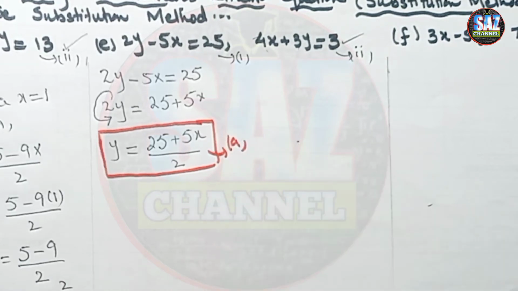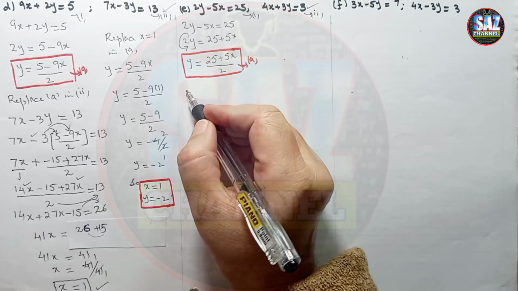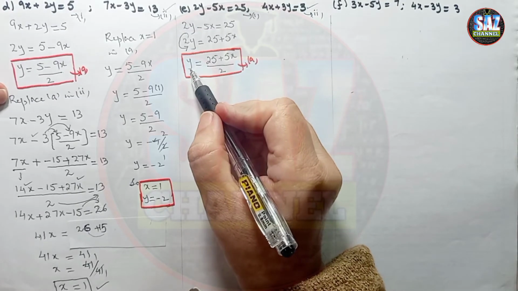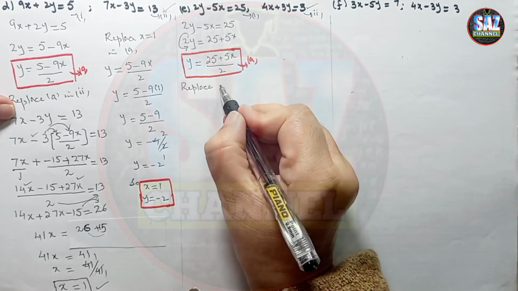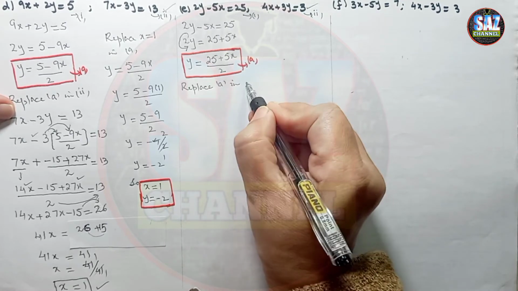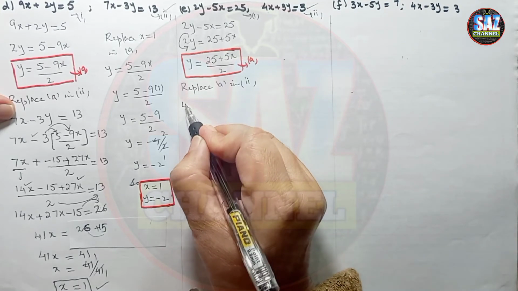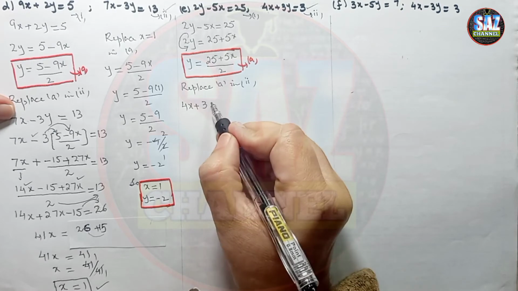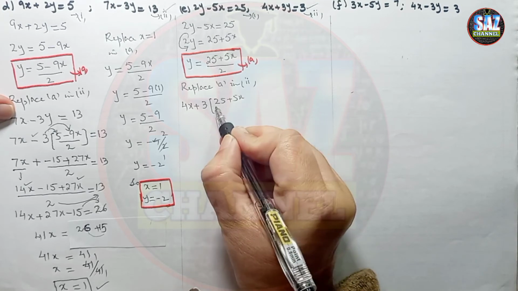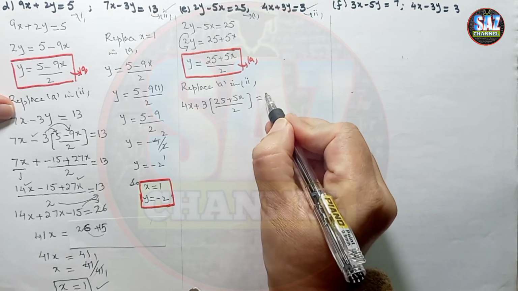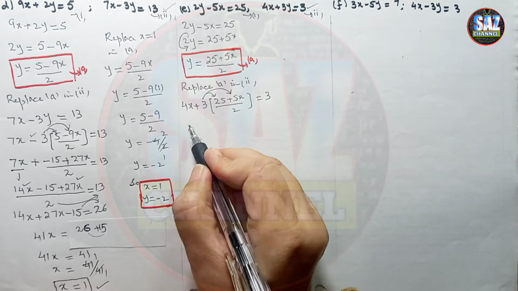Let it be A. Now what I have to do, I have to take the second equation, that is 4x plus 3y equals 3, and replace the value of y over there. So I have to give the information to the examiner that I'm replacing A in equation 2. So equation 2 will take the form 4x plus 3 into y has the value (25 plus 5x) by 2 equals 3. Carefully apply distributive property, that is multiply this 3 with every term inside the bracket,